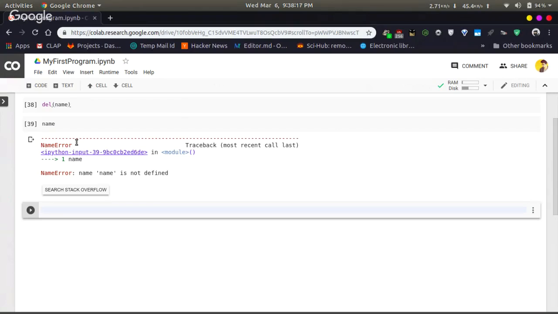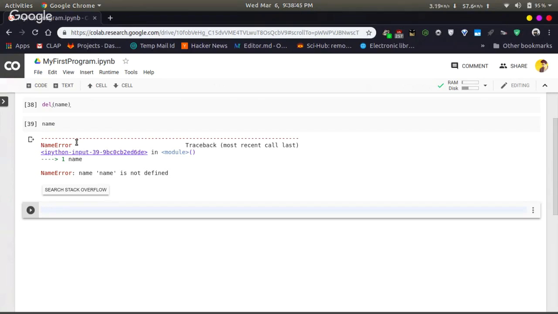It is occurring now because we have deleted the variable called name. So this is all the fundamentals you need to know about Python. Don't worry if we just rushed. I will repeat this process once again, but a little faster, so that you can have a recap of what we just learned.